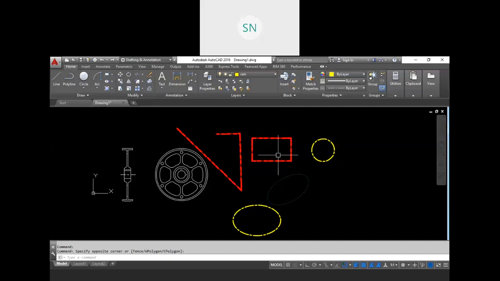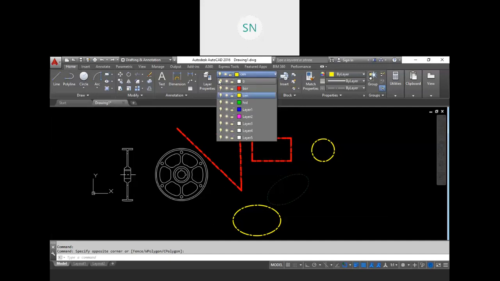Now next we have three controls over here. See, we have three options over here. This light bulb we have, this is known as on and off. Then second we have this sun symbol, so this is actually freeze and unfreeze. And third one we have is lock, right?